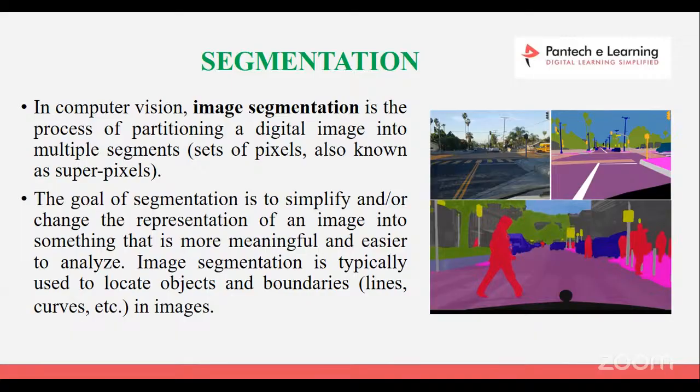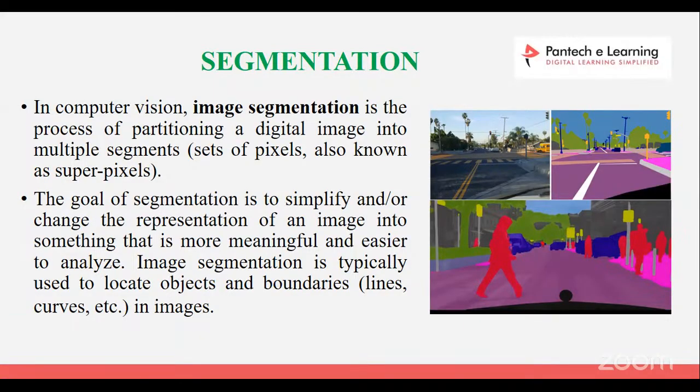How do they read segmentation? In computer vision, image segmentation is the process of reading a set of pixels, inch by inch. If I give a normal image, the image has a person, a dog, a bus, a motorbike, a car, like this. All of them will be there. If I apply the segmentation method, it is applied separately for each object for understanding purposes: this is the person, this is the car, bike and motorbike, like this.